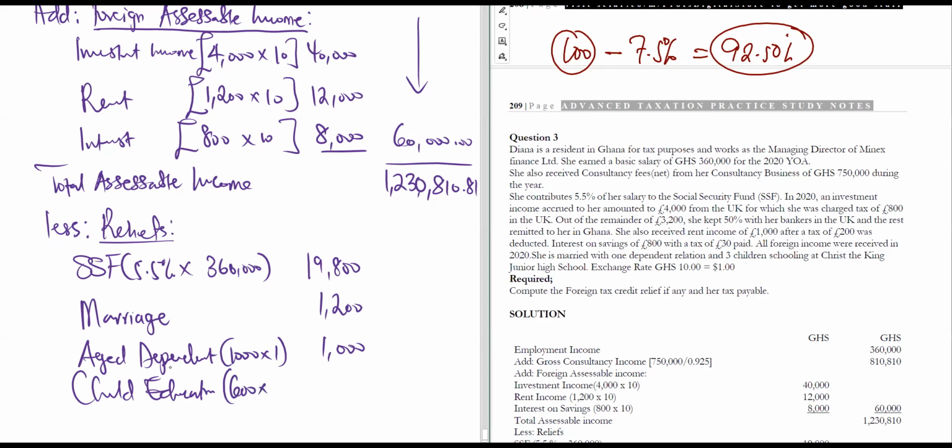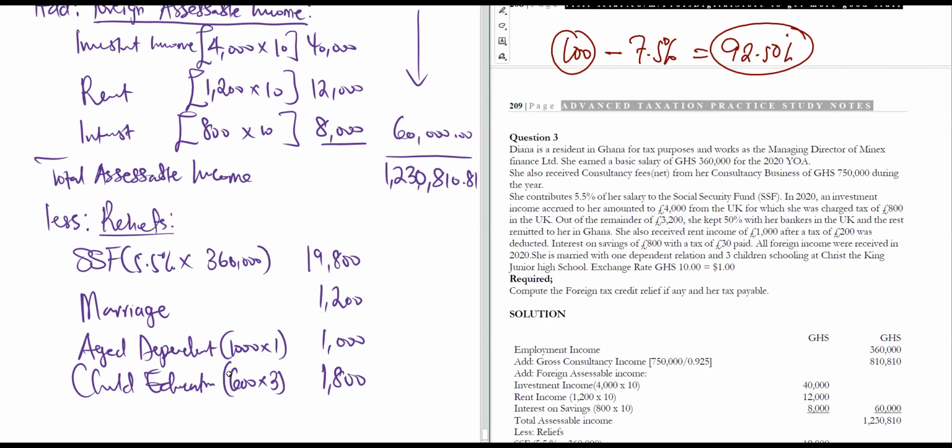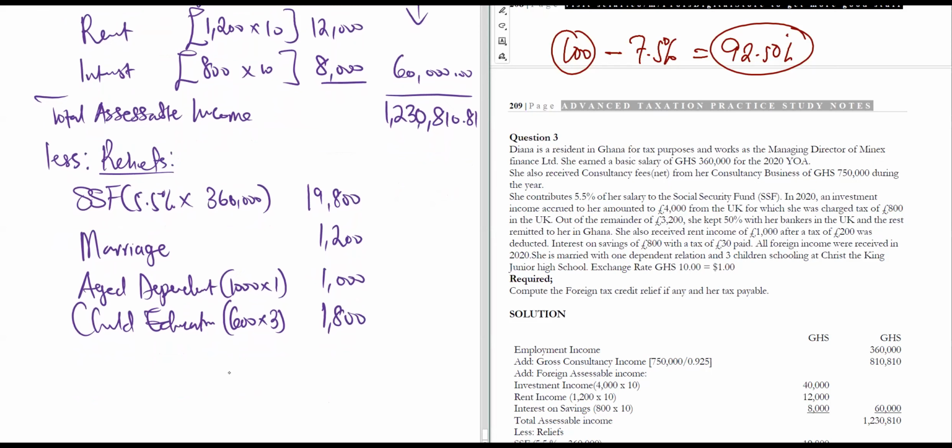So 600 per child by 3 children. These were all the reliefs she enjoyed, right? So add everything up: 19,800 plus 1,200 plus 1,000 plus 1,000. 23,000. So we take this out of